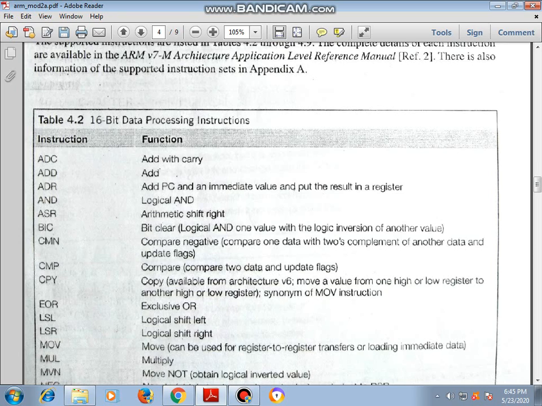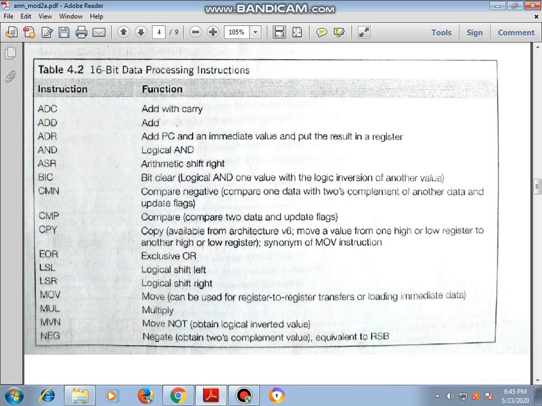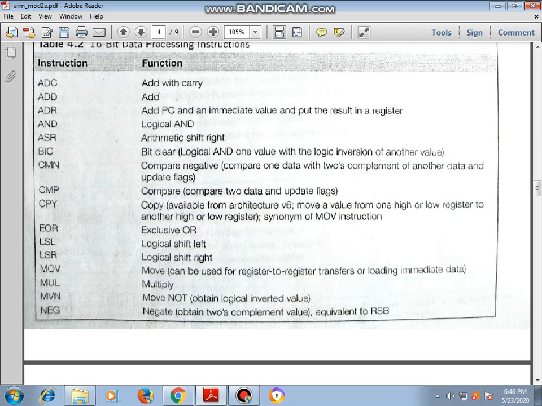As you are already familiar with assembly opcode instruction details, similarly in this ARMv7-M architecture there are different types of opcodes available. You have bit clear, compare negative, compare to data and update the flag, copy, exclusive OR, logical shift left, and LSR, which means logical shift right.